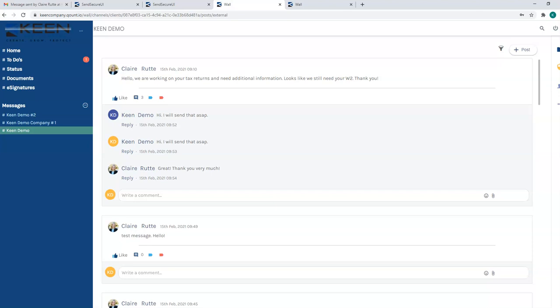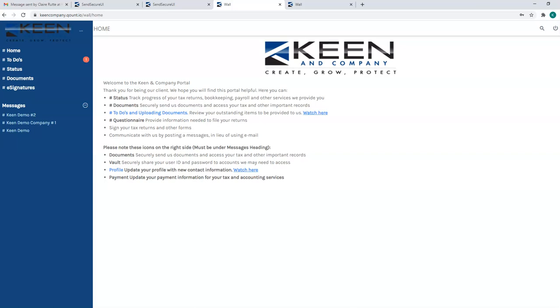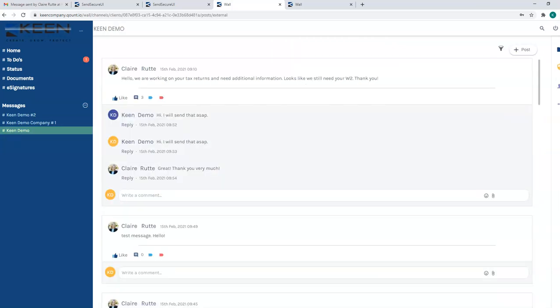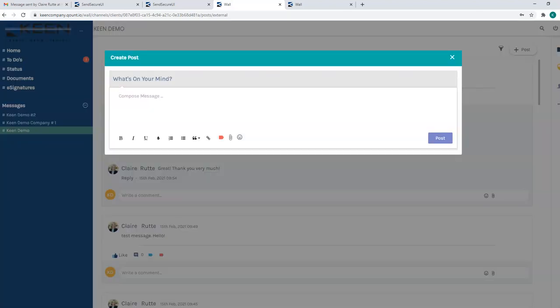So say you want to send us a message, and again, we highly encourage that you communicate with us through the Client Hub and not email. So you log into your Client Hub, you're at the home screen, you want to send a message. Click on your name or the business, again, depending on who you are representing as you send this message. So for this example, I am the individual Keen Demo, and I want to send a message to Keen & Company. Click on plus post, type your message,